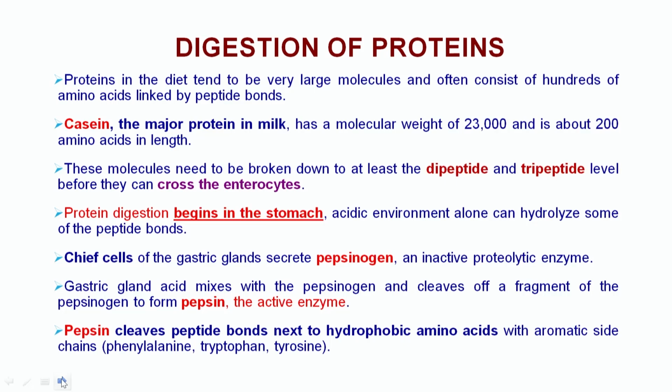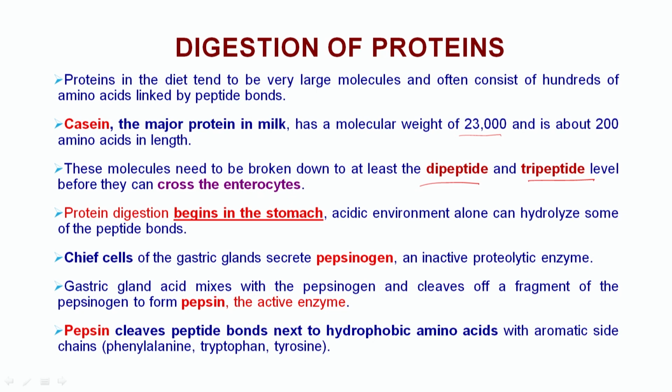Now coming to the digestion of protein. Protein in the diet tends to be very large molecules and often consists of hundreds of amino acids linked by peptide bonds. Casein, the major protein in milk, has a molecular weight of 23,000 and is about 200 amino acids in length. These molecules need to be broken down to at least the dipeptide and tripeptide level before they